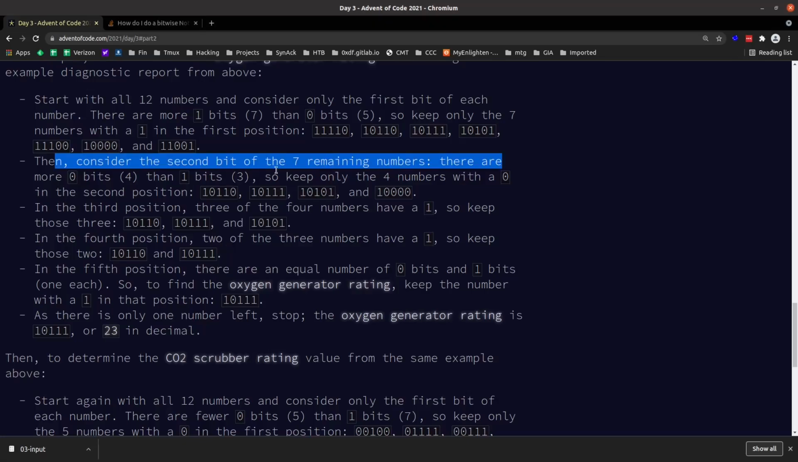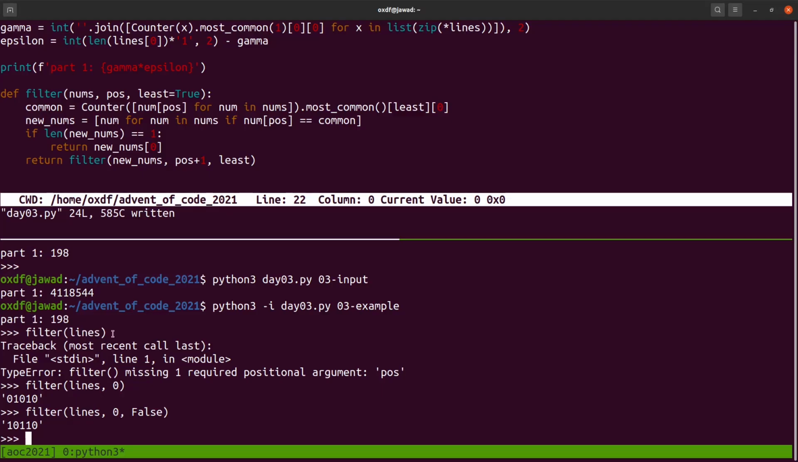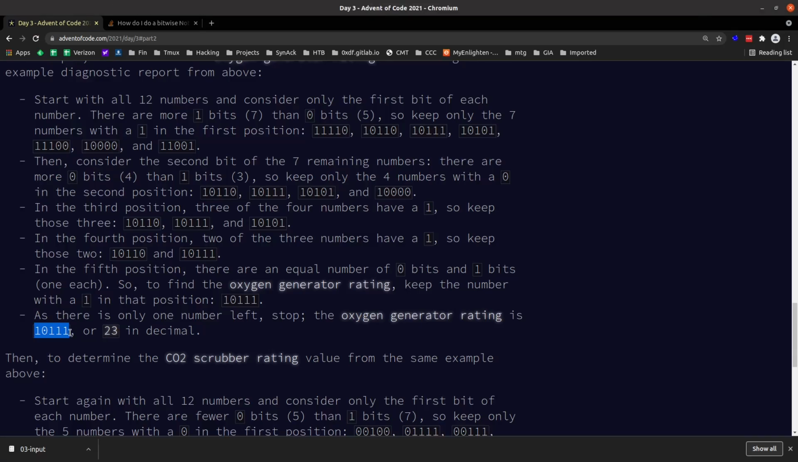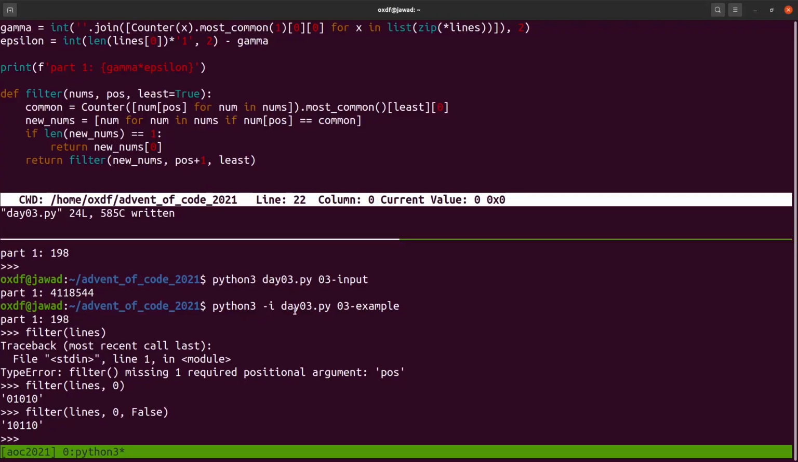So by default, least, what's my example here? My number, oxygen generating is 101110. Oh, 111. Oh, I'm close, but I'm not quite right. Oh, I bet you I'm having a case where if my counter is